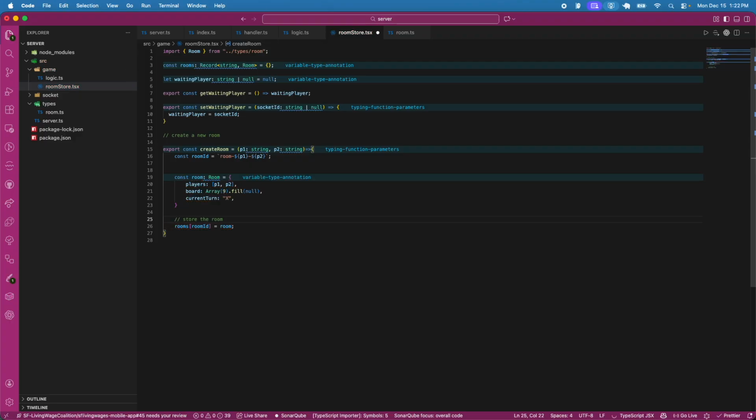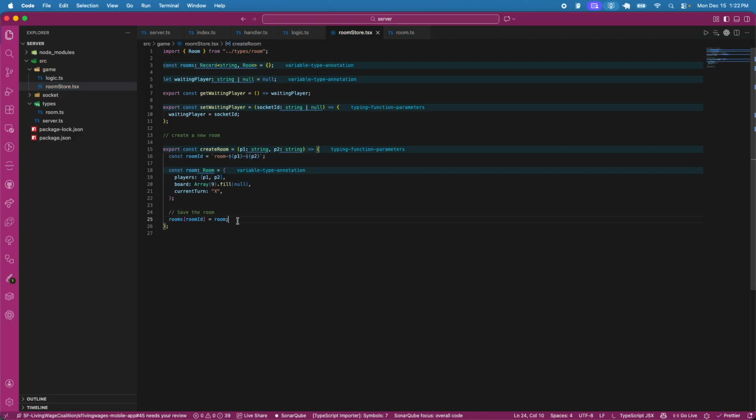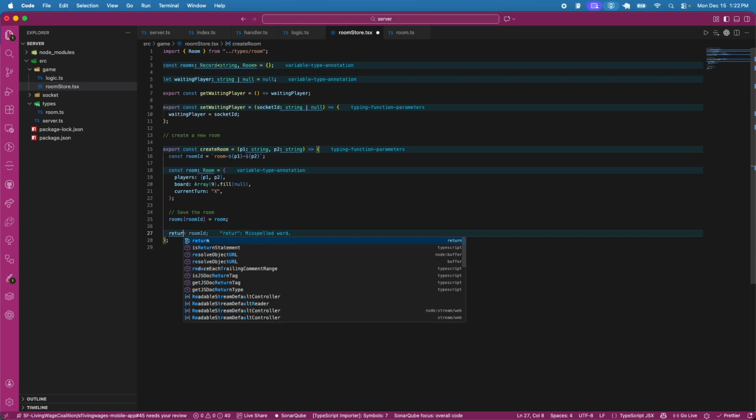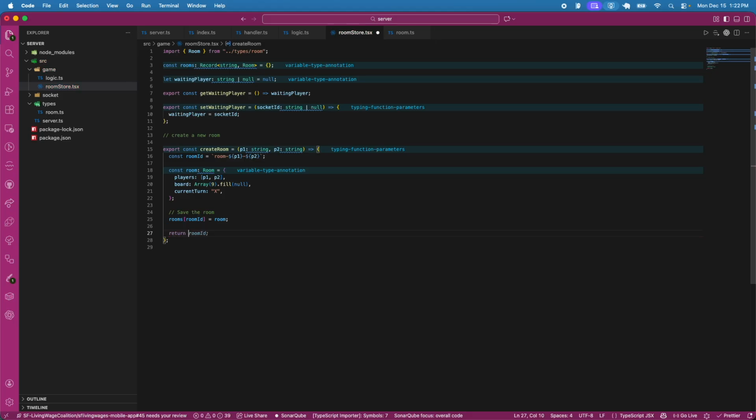So not store but save the room, and then after that we just need to return the room, right? So the rest of the server can use it. So we're gonna return it as an object, right? We are gonna return the room ID, which is unique, and we are gonna return the room, right, which is this one. And also we need a way to find a room by its ID, so we need another function,